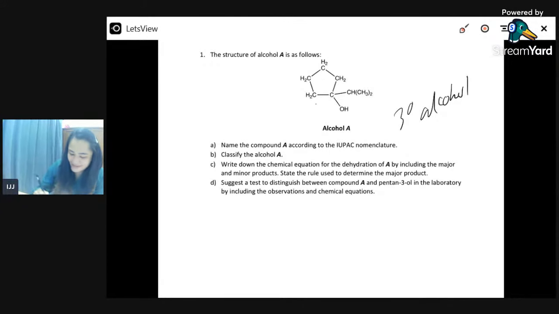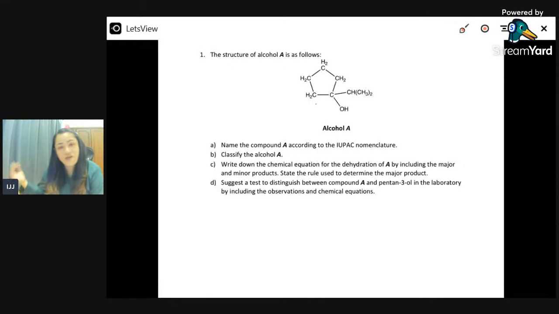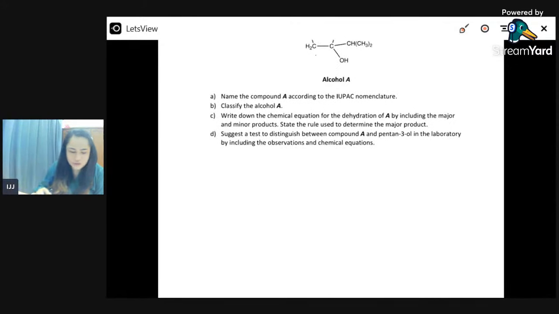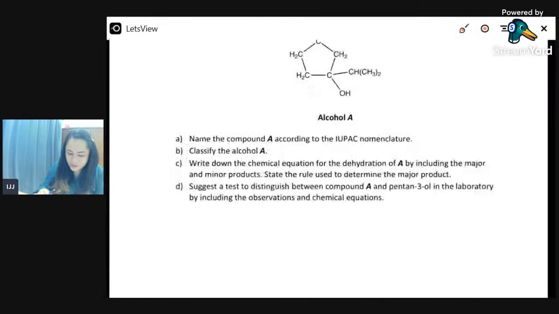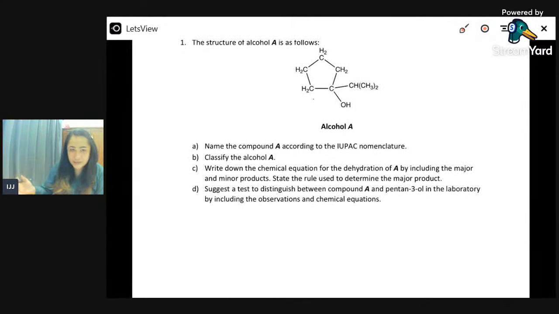Okay, now moving to the next question. Write down the chemical equation for the dehydration of alcohol A, including the major and minor products, and state the rule used to determine the major product. So this is a dehydration of alcohol. Dehydration of alcohol is an elimination reaction. When you want to do the dehydration of alcohol, usually I suggest that students draw the expanded structure so that you can see clearly which hydrogen atom you are going to eliminate from your alcohol, because